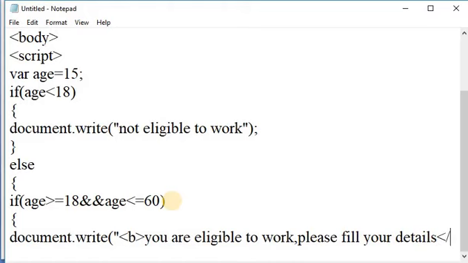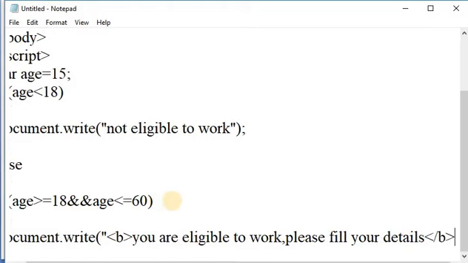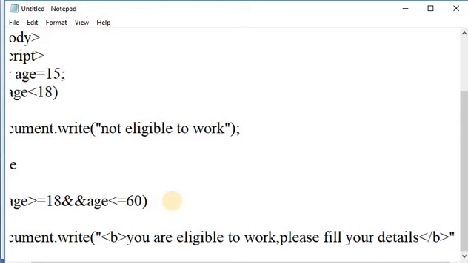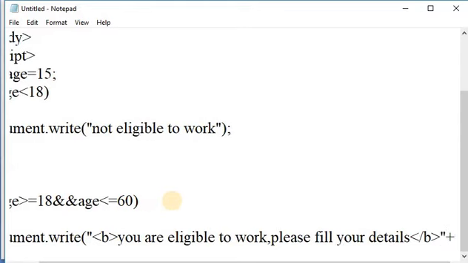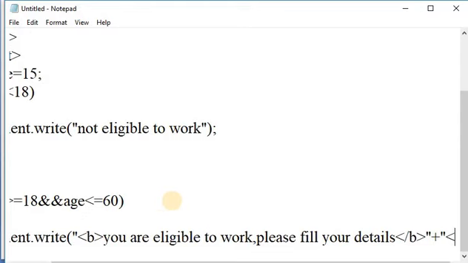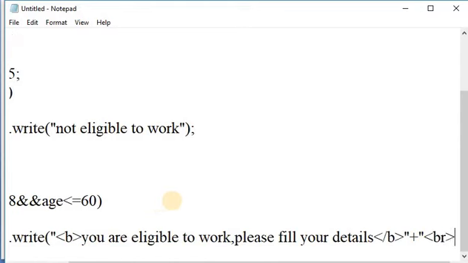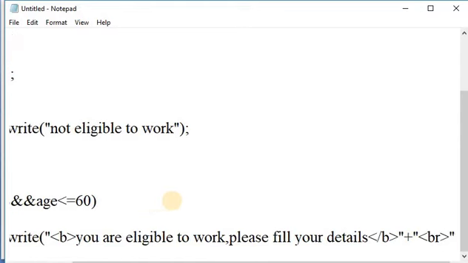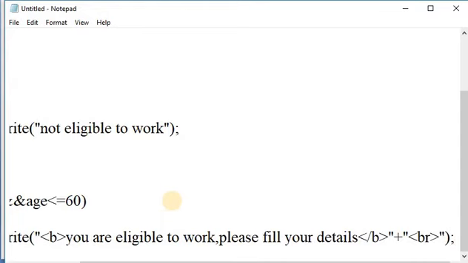Here close the bold tag, concatenate. For concatenation we use a plus sign and here use the break tag. Close the bracket.